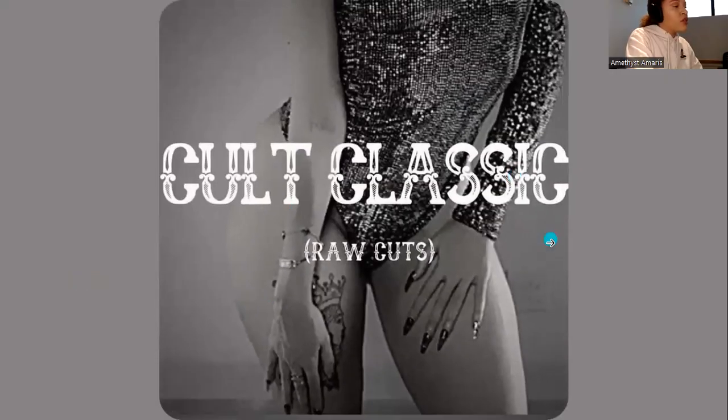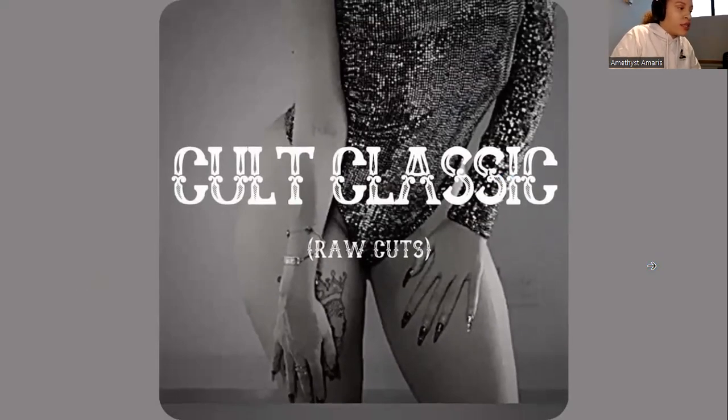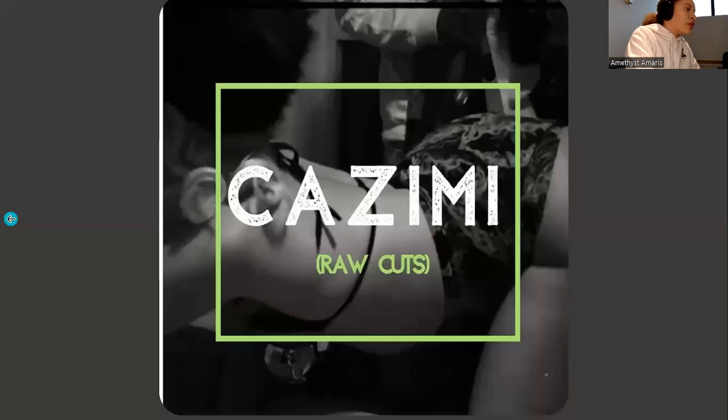Okay, so as you can see, it says classic raw cuts. This is another demo project. Going back to the Cassini: Cassini is when a planet is in conjunction with the sun, so a direct benefic relationship to the sun. At that time, planets were in Cassini, and it worked out for me to start my musical career. This particular picture in this album cover is actually a screenshot taken from a music video I did